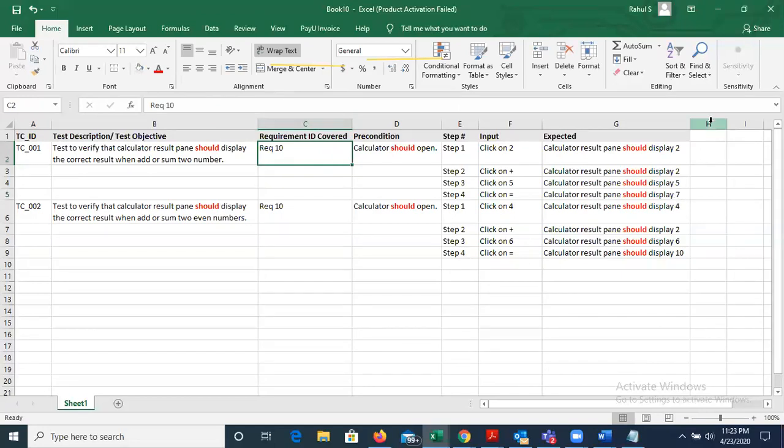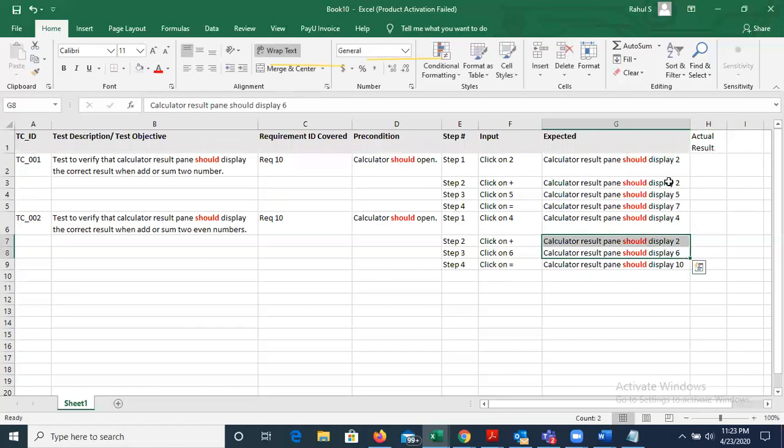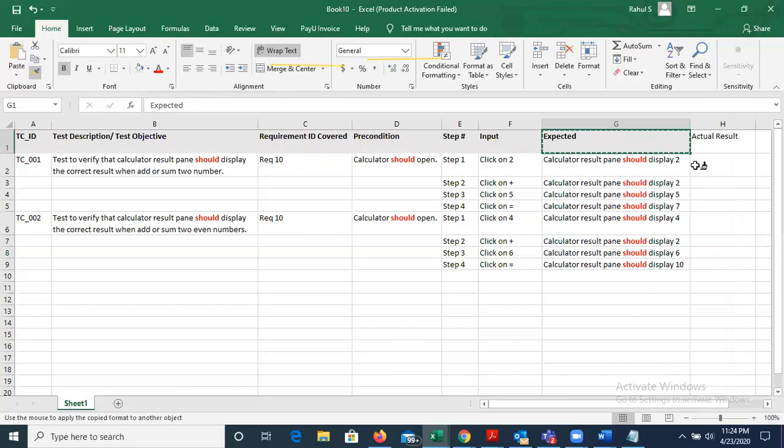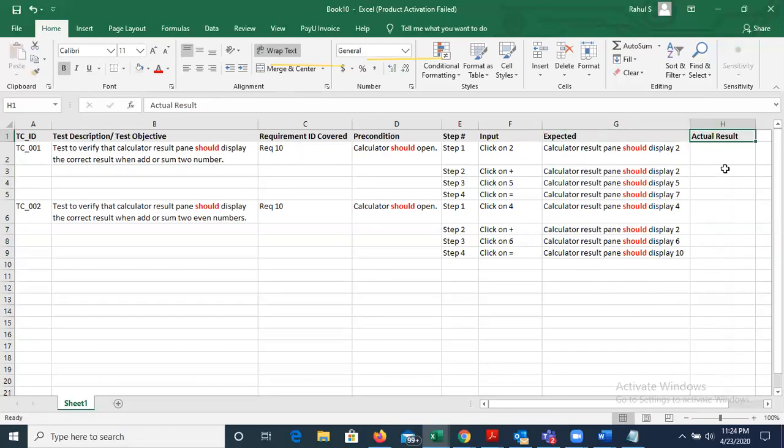Again, I'm going to add here the actual result. When we execute our test case, we will see what exactly my system is showing. At that time, we mention the actual result.